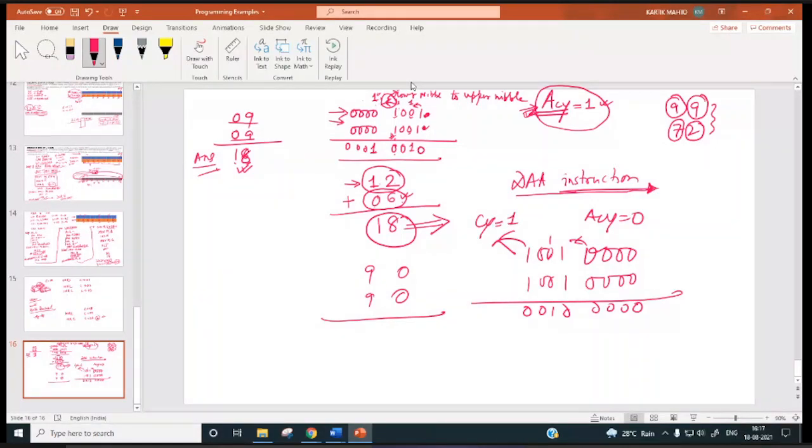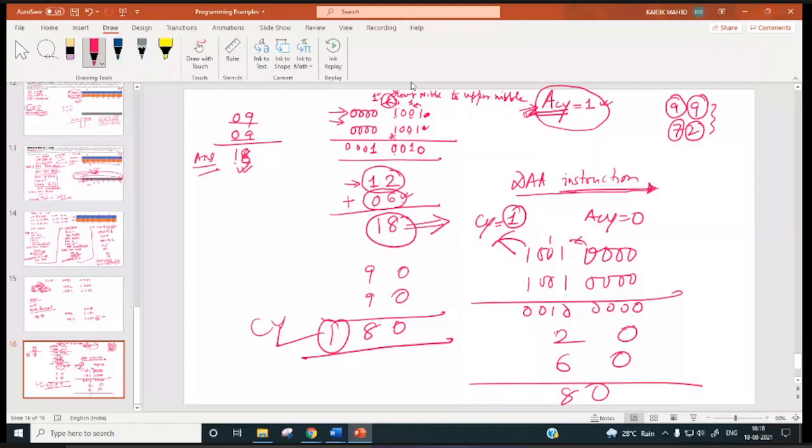So again the result is 20, but our result has to be 180, no? So carry is 1. Now if we add 60 to this, it will be 80 and the carry flag is already set, so the result will be 180.